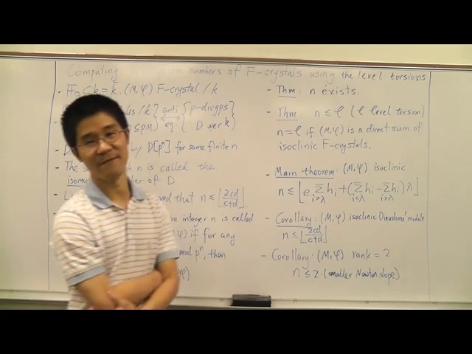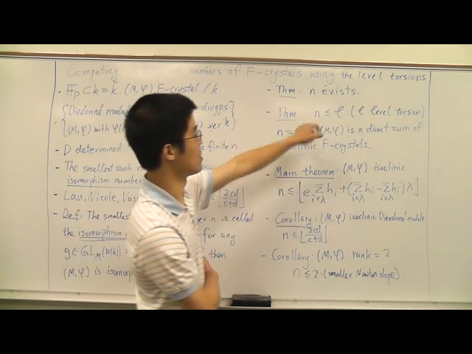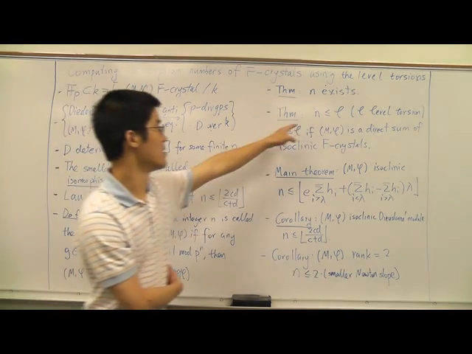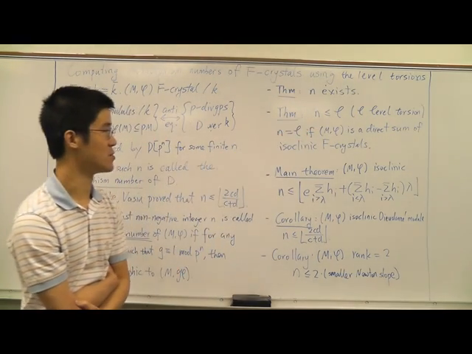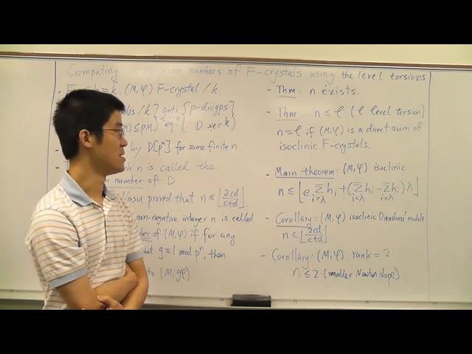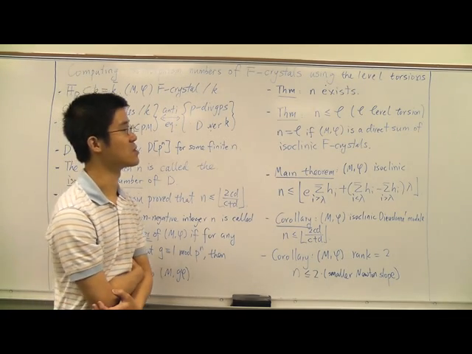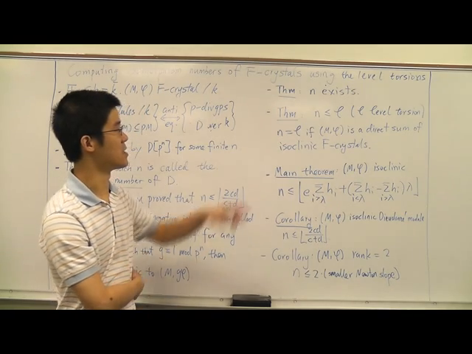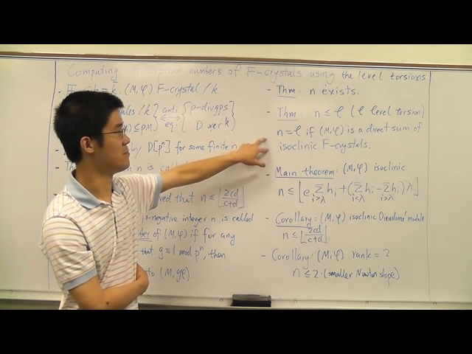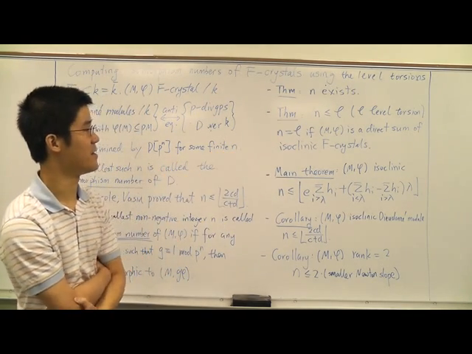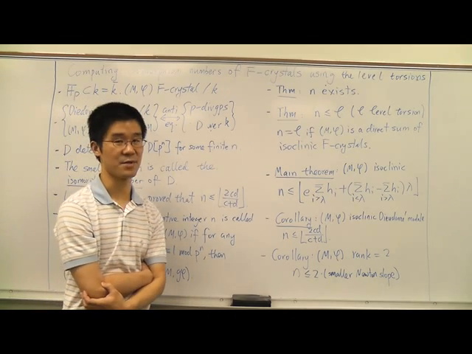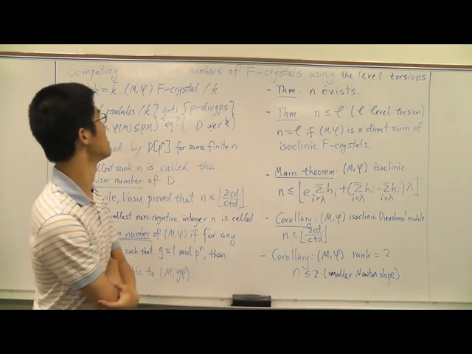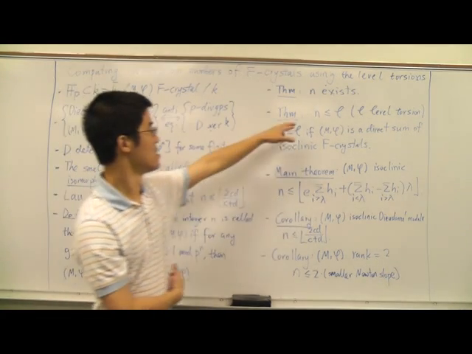which I will not define here, and we will denote it by L. It says that for any F crystal M phi, the isomorphism number has to be less than or equal to the level torsion in general. And in fact, he conjectured that these two things need to be the same in general. But the case we have now is that they're equal when M phi is the direct sum of isoclinic F crystals. So this will be a very useful tool for us to calculate the isomorphism number, because if we